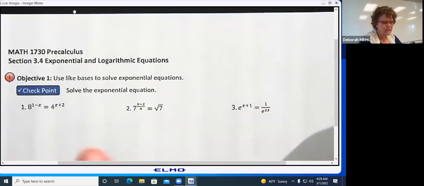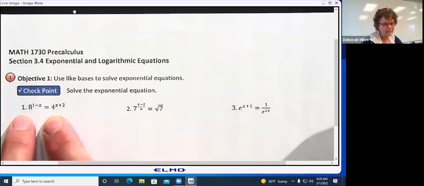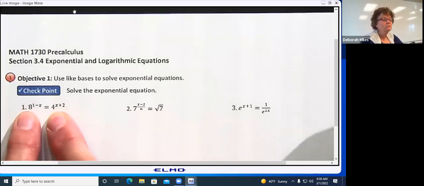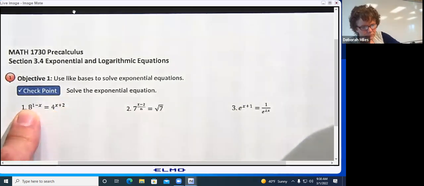So when I see 8 to the 1 minus x equals 4 to the x plus 2, first thing I think is, this is an exponential equation. Second thing I think is, can I write both sides having the same base? Are 8 and 4 both powers of some common number? Yeah, they're both powers of 2. So in the place of,